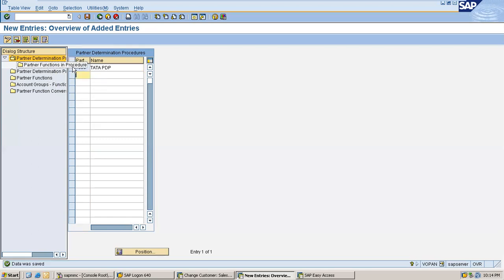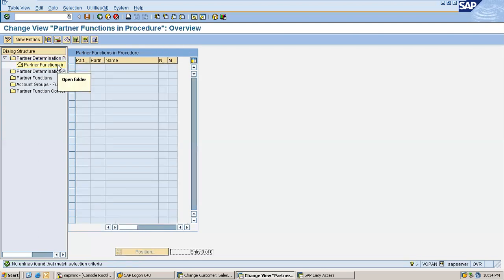Now, fourth step is placing partner functions in the partner determination procedure. It will be a little confusing. Once you create a partner determination procedure, just select that and click on partner functions in procedure. That means you are placing partner functions in the PDP. Double click this option after selecting the PDP.